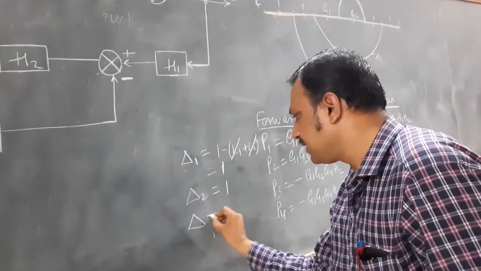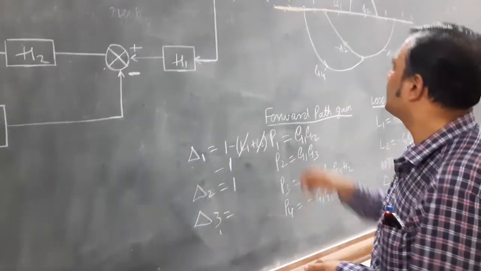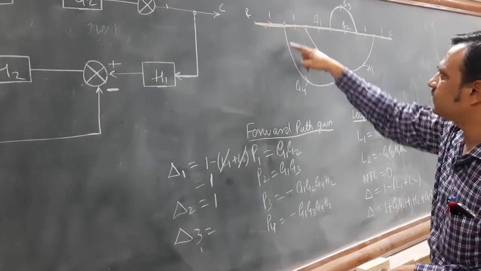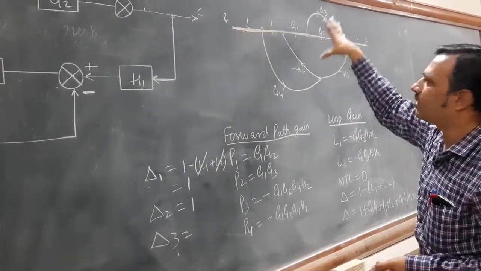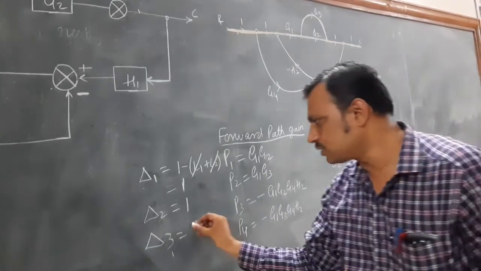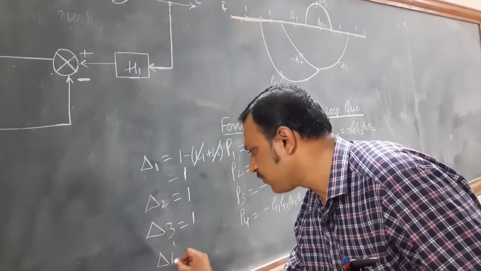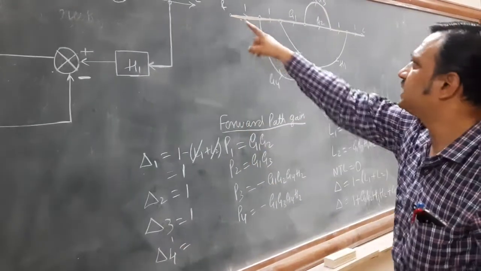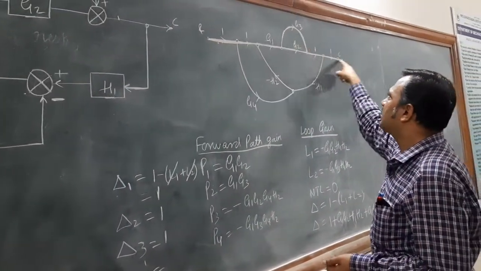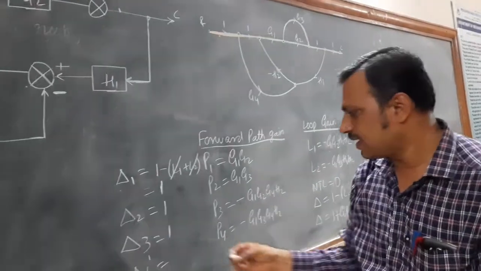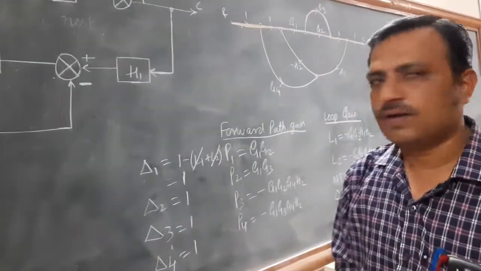Next, delta 3, for the third forward path. For the third forward path, again loop 1 and loop 2 are touching. Hence delta 3 is also 1. Next, delta 4, for path 4. For this path 4, again the two loops are touching. Hence delta 4 is also 1. Finally,